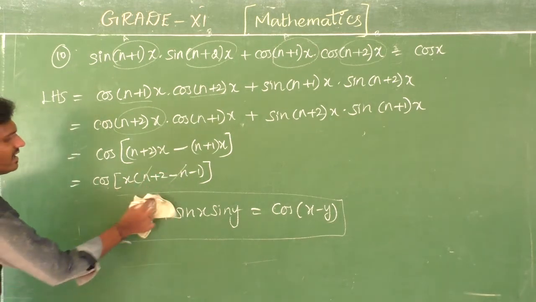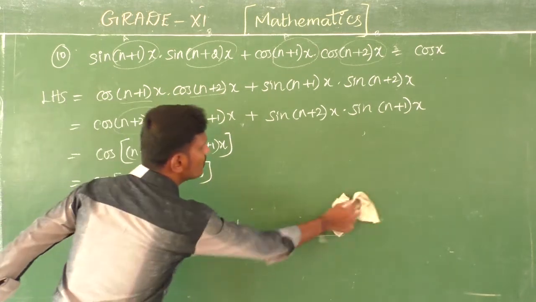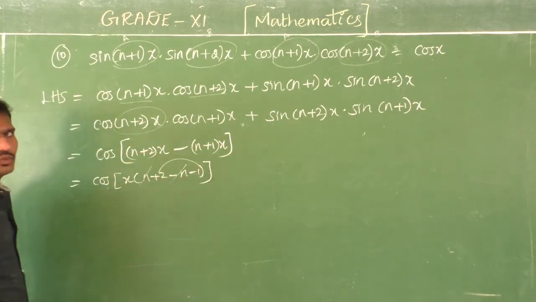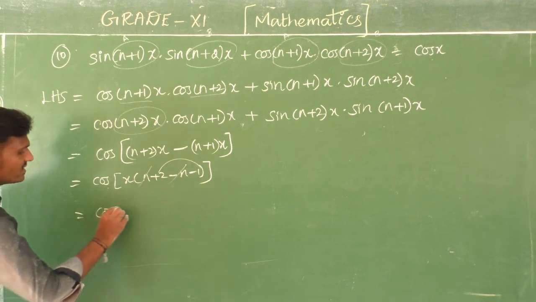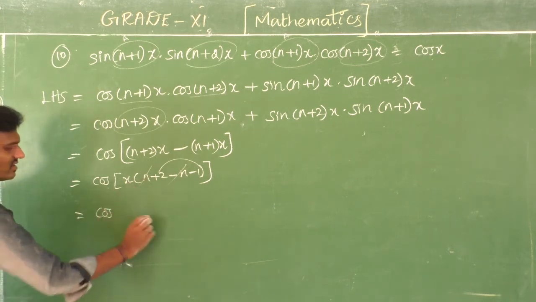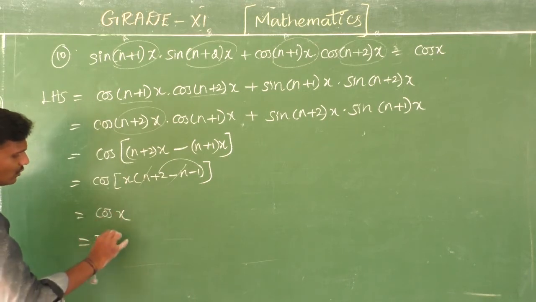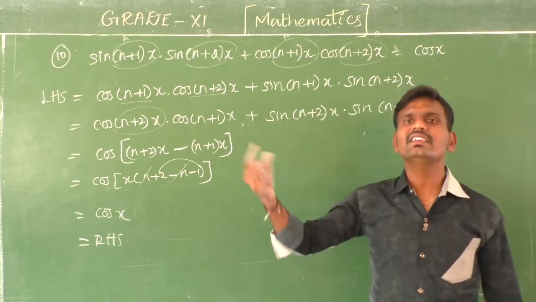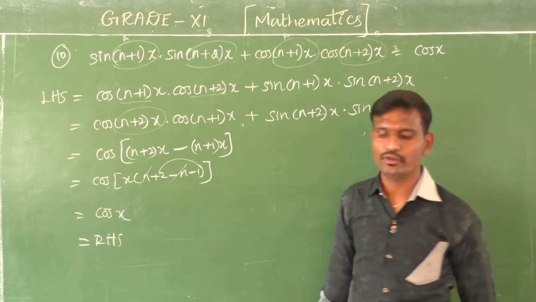Yes. Now what is remaining? 2 minus 1, numerically, is 1. So I am getting the answer cos x into 1, so this is only cos x, that's all. That's only your right side. Have you got it, children? Already I told you, the question only is there and the answer is very small. Okay, fine.